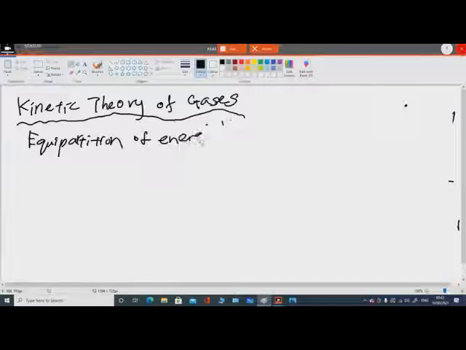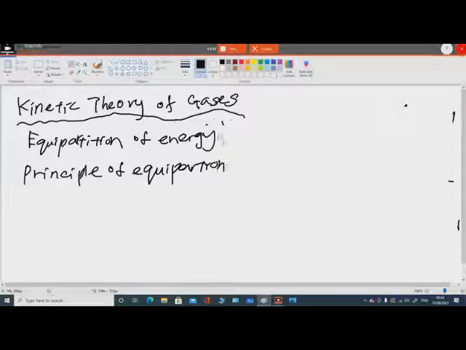So we have the principle of equipartition of energy. The principle of equipartition of energy actually states that